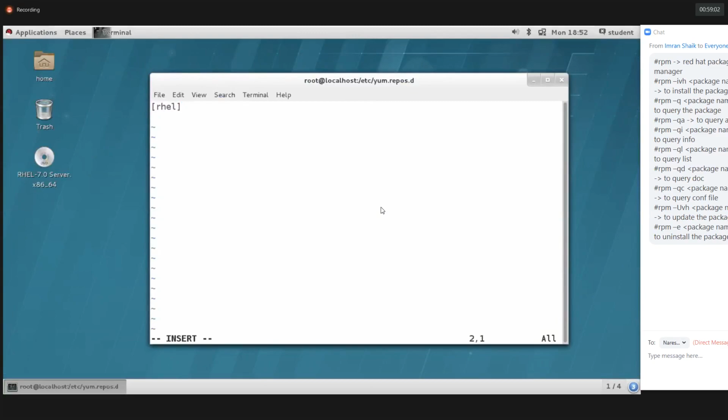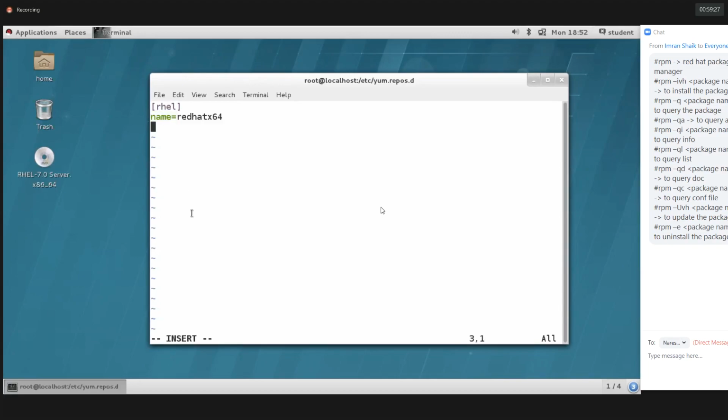Then name equals Red Hat. You can give any name here too, and if you want, your own name, there is no issue. This is the repository ID and this is the repository name. If you want, you can make a note.